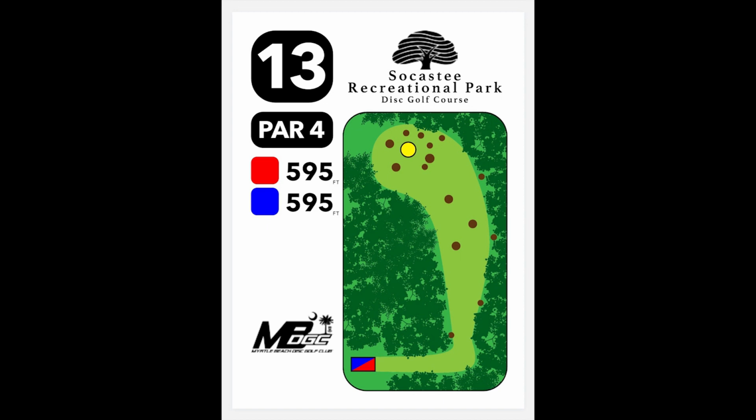Hole number 13 is a long par 4, 595 feet. Your basic first shot is a dog leg to the left. You're basically just trying to put this in a spot to give you a good run down to get as close to the basket as you can. So you'll see a lot of just initial placement shots, putters, mids, something that just hyzers out. So there's plenty of options for what you want to throw in here. It's just knowing your disc at this point